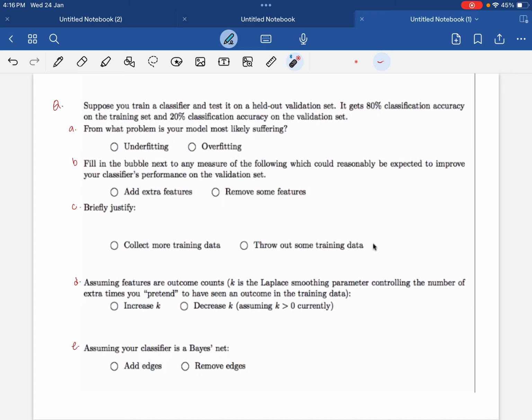So on the training set your model has 80% accuracy, and on the validation set your model has 20% accuracy, right? So what kind of problem is your model suffering from? From what problem is your model most likely suffering? You see that your model has 80% accuracy on your training examples, right? If you have an idea, then maybe we can just look at the